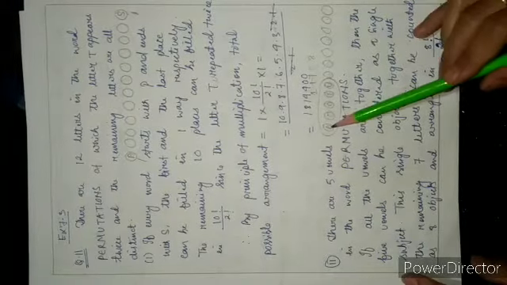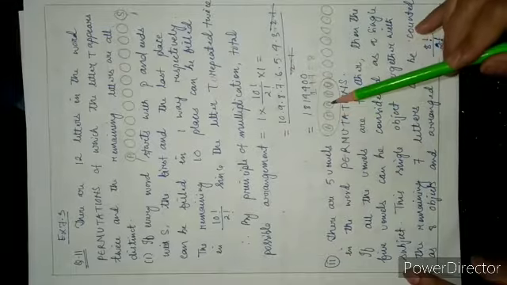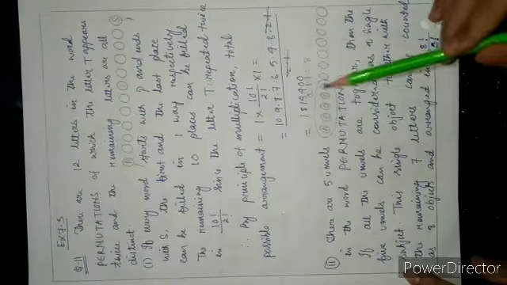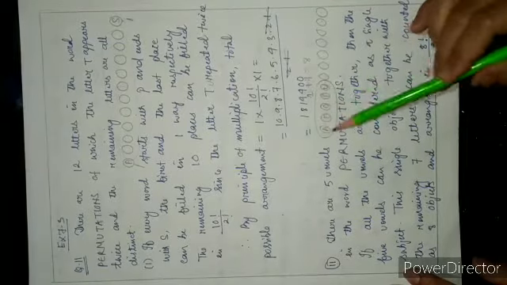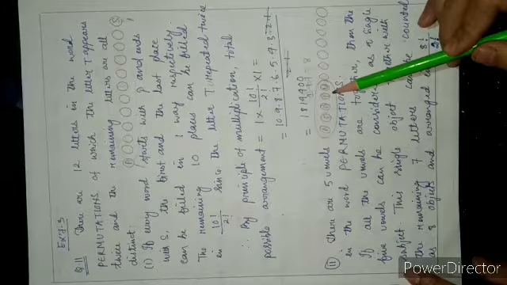There are 5 vowels: A, E, I, O, U. If all the vowels are all together, then these